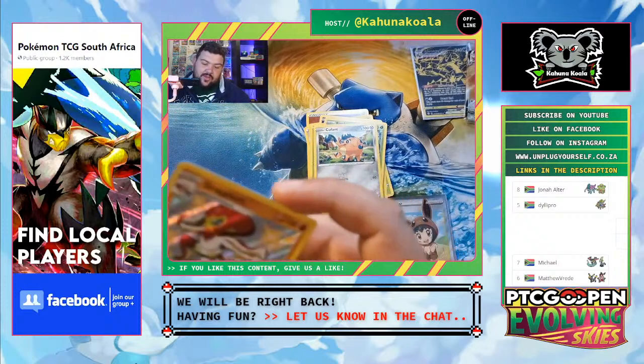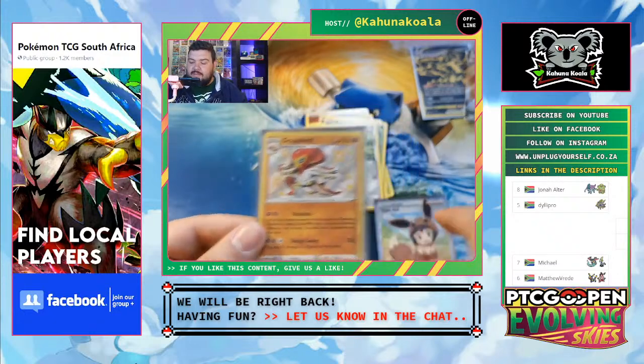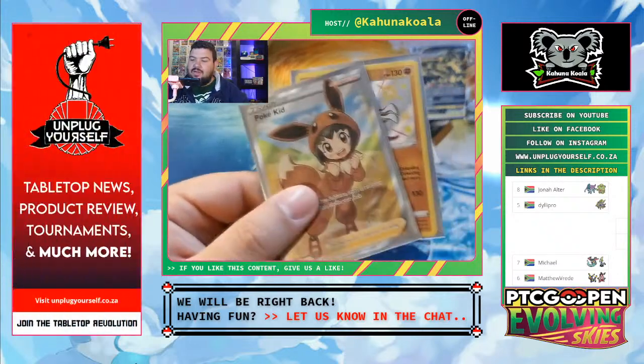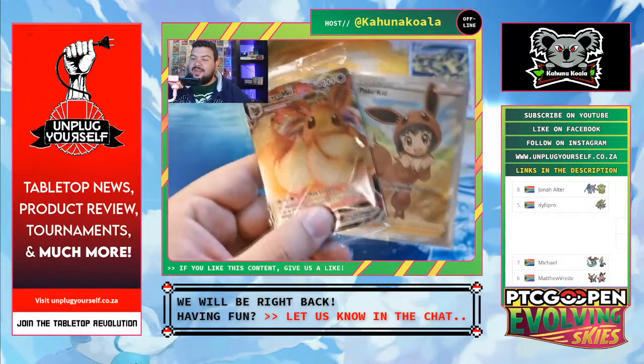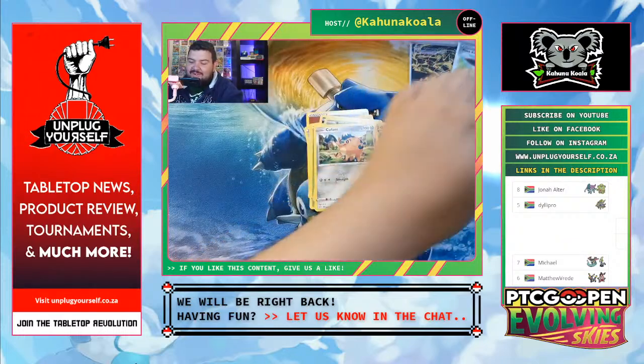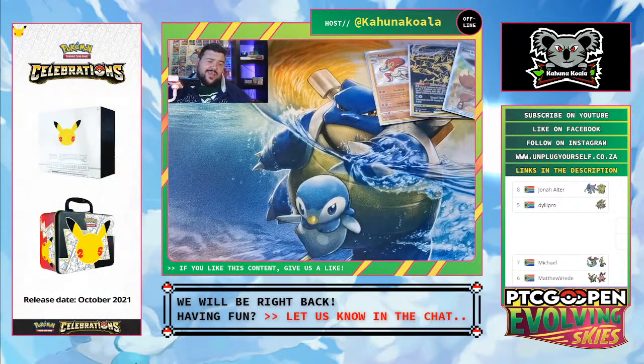Not the best trainer in the world, but man, that artwork. And then the Dragapult. Oh wow. Eevee lovers though, come on. Where are those Eevee lovers? Yo, some crazy pulls. Crazy pulls. Guys, Shining Fates is